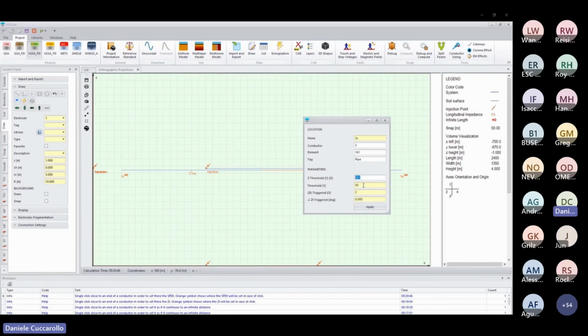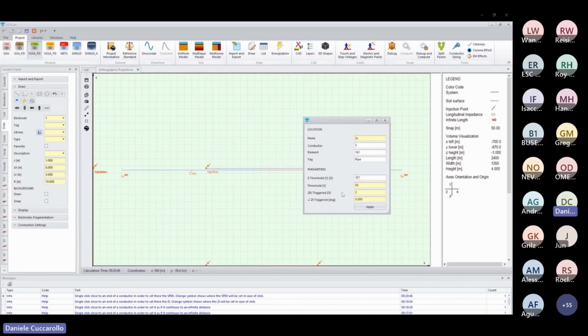In case you have just one SPD that has a drop of voltage above the threshold, that SPD is set as triggered. The calculation is relaunched, and at the second run, the value of the ZT is not anymore this one, but